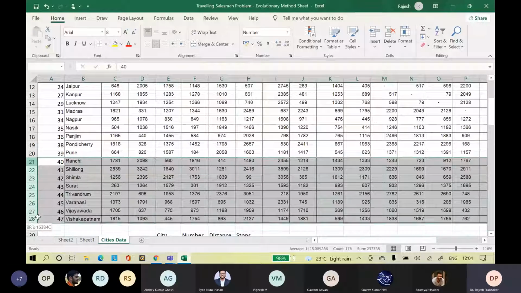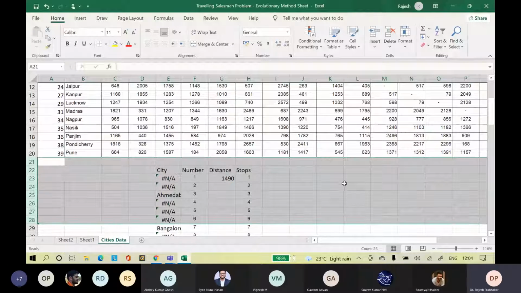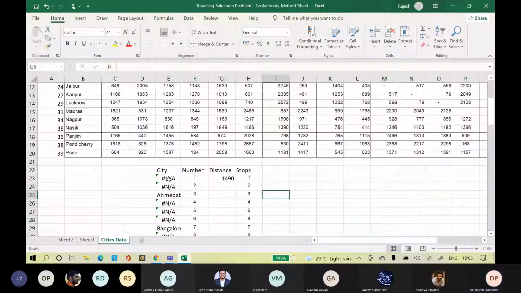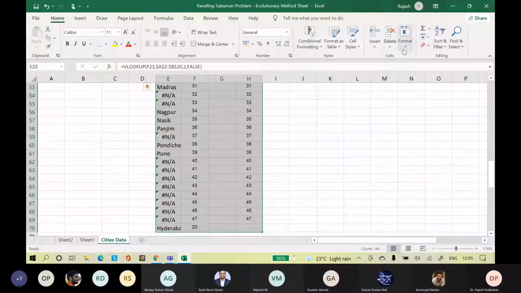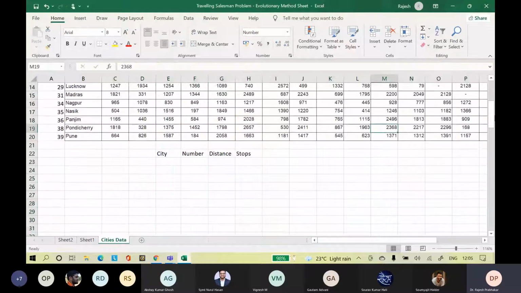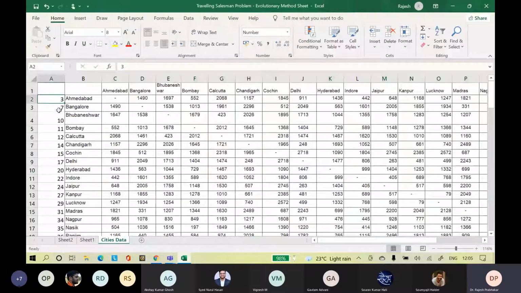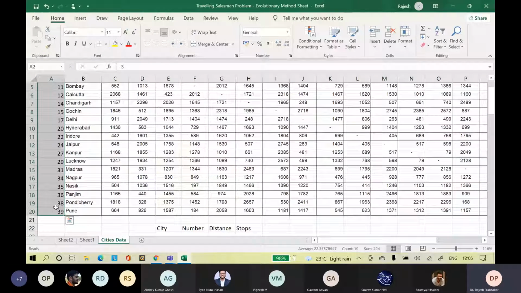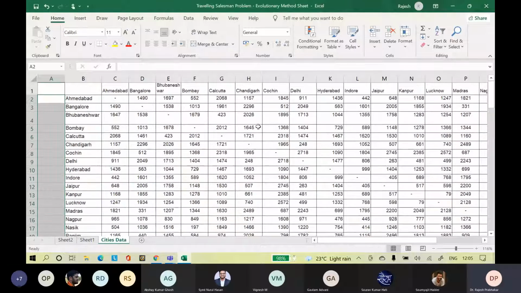Till Visakhapatnam, we will delete. Okay. And we'll also clear this number. Okay, all of you have done the changes like this?